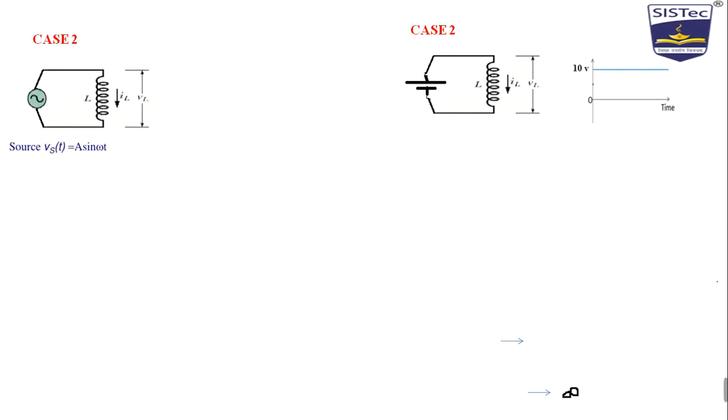All right. So now let us go to case 2. Let us study case 2. Case 2 is what? Now we are applying AC and DC source to an inductor. So what is the formula? The formula is L times the differentiation of current. That means whenever an AC current is entering here, the voltage built up is the differentiation of that current.